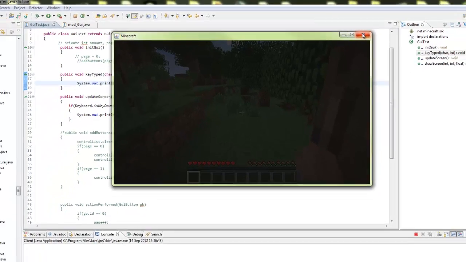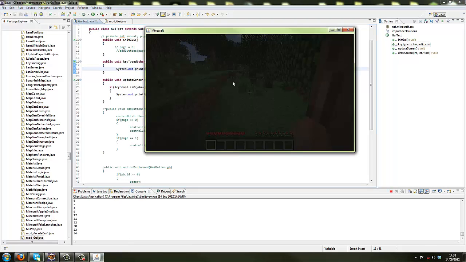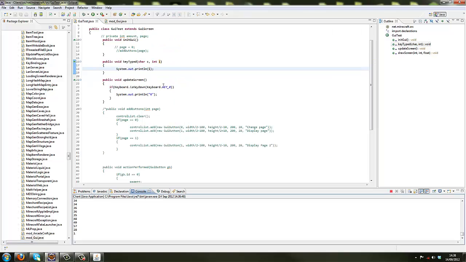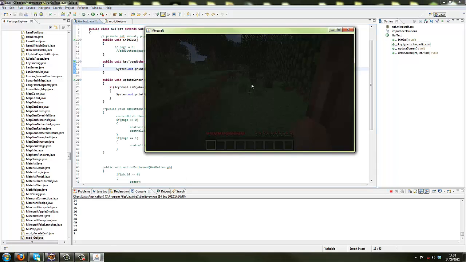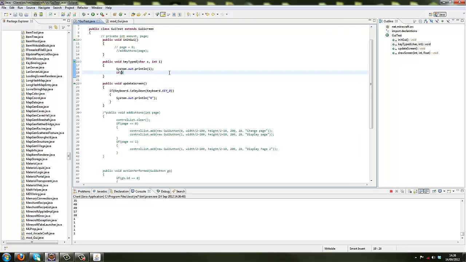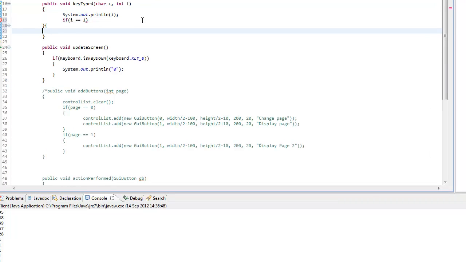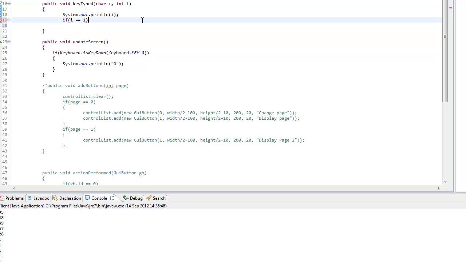Yeah, so that is how to print that out. And obviously you could also print out the i variable, which will return the number value for that key. Also note that the escape key is 1, and as you can see there, I pressed escape and it is not exiting out of the GUI. Now there are two ways you can get around this. Firstly, you can do if the i variable is equal to 1 or Keyboard.KEY_ESCAPE, then